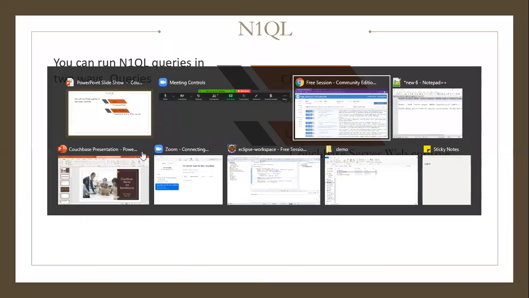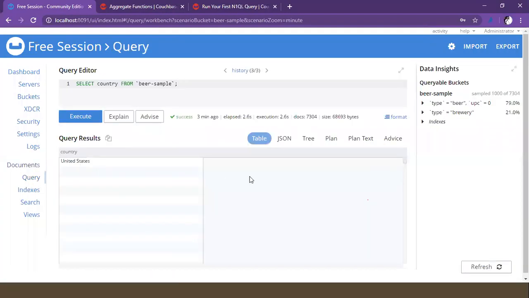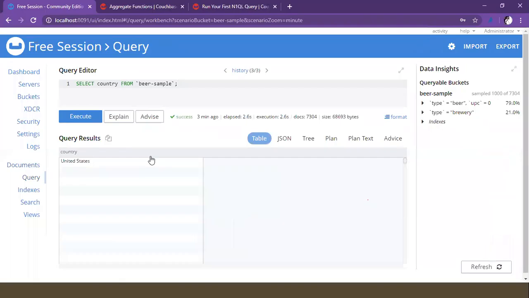Here you can execute them. And when it comes to CBQ, that is the command line, you can go to the installed folder and run it on the command prompt.